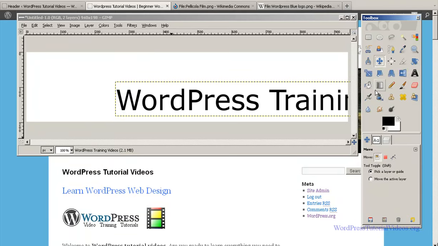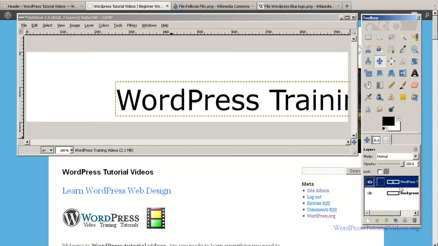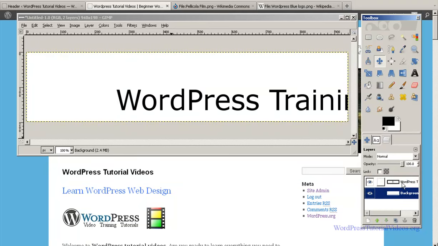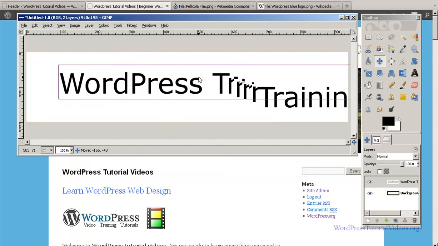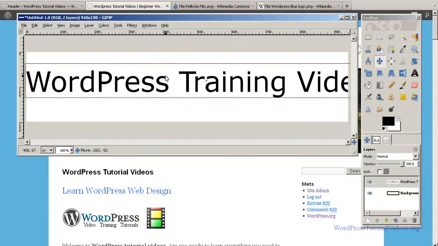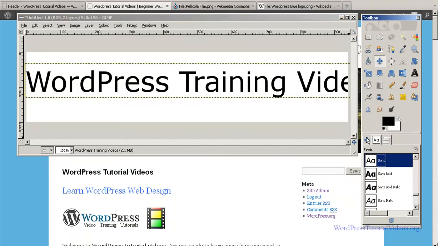Okay, and now let's go ahead up here to our move tool. Click on the move tool. Make sure you are moving the active layer. Just click that. If we click on layers, you'll see if we click on this layer now, it highlights it, and we can go in here and we can just move this. Okay, it's a little big,